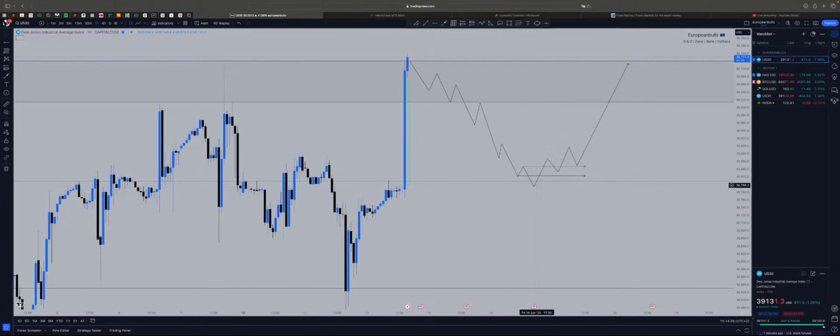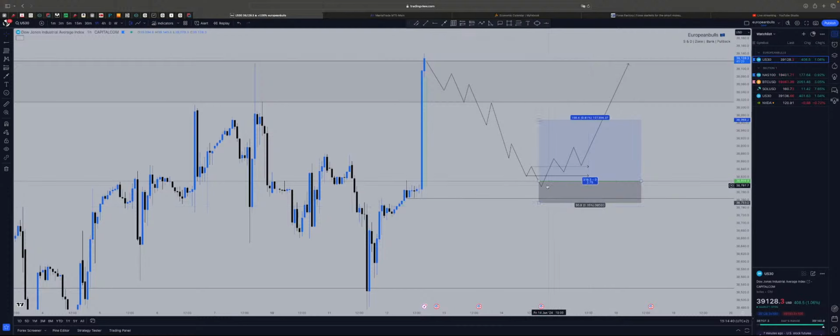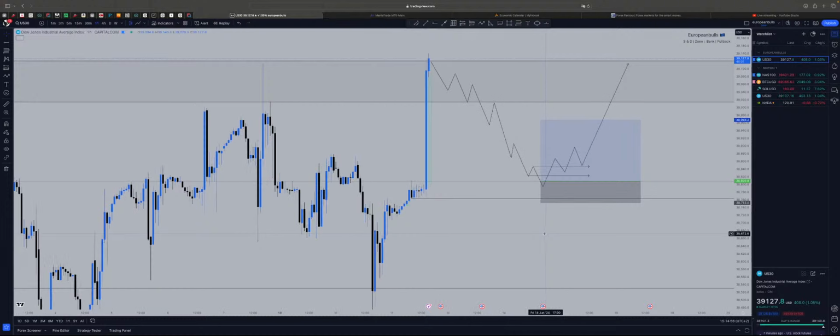I would not recommend anyone to put limit orders here and put the stop loss just like this, like the noob trader, because you don't know. You want to see a confirmation before entering the market. If there's no confirmation, price could keep going down, because that's how it is. It will go for the liquidity here, it will go for the main support area. So you would not like to just put a buy order.